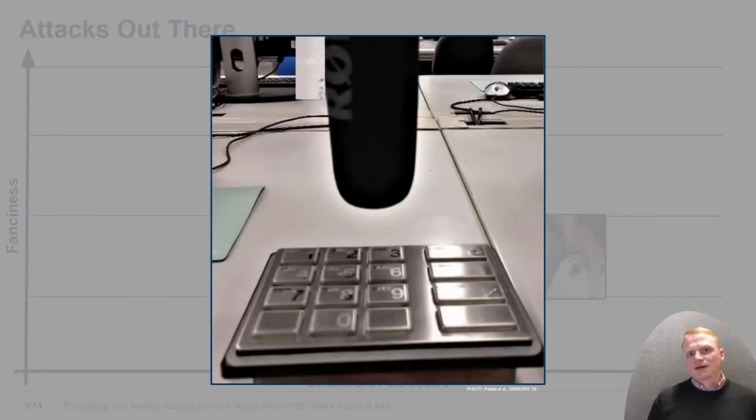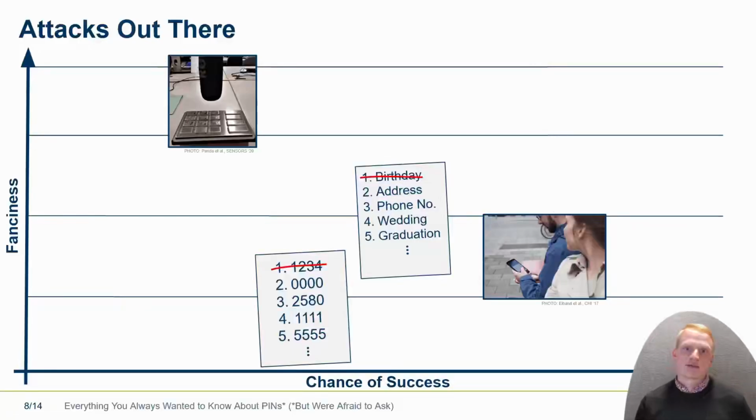Let's get really fancy. An attacker could use side channels like an acoustic side channel, and just by the sound that the numpad makes, the attacker is able to get some information on the pin. However, you don't have to be terribly concerned about this attack, because yes, it's fairly successful, but the ones I was just explaining to you earlier are definitely more successful from an attacker's perspective. And this is also an attack which cannot be done everywhere. For example, it's not possible to launch that attack on your phone.